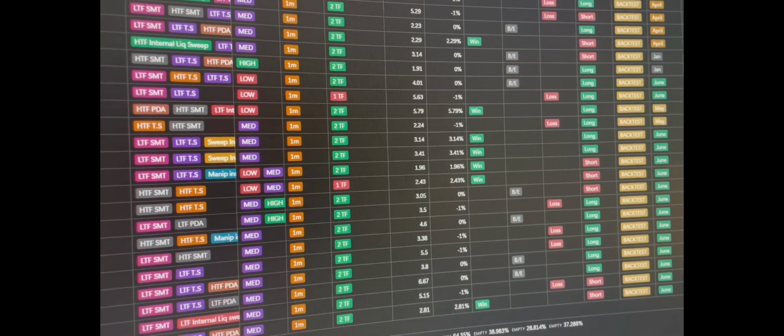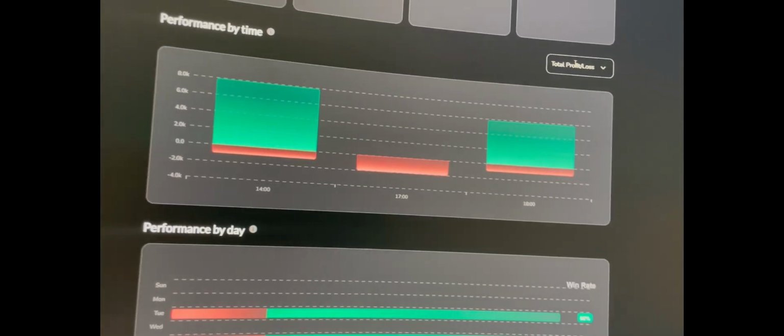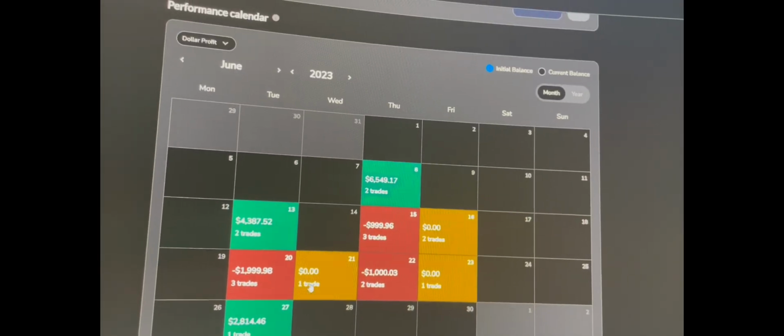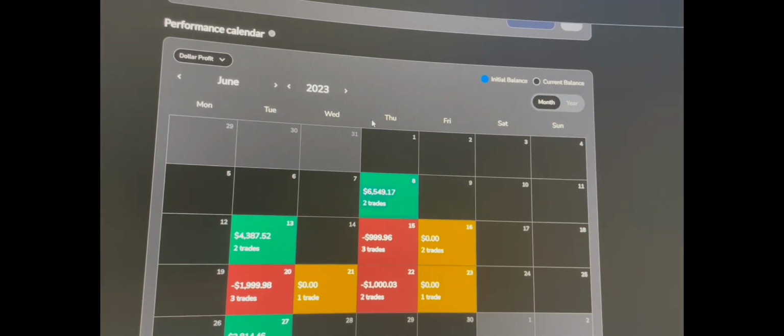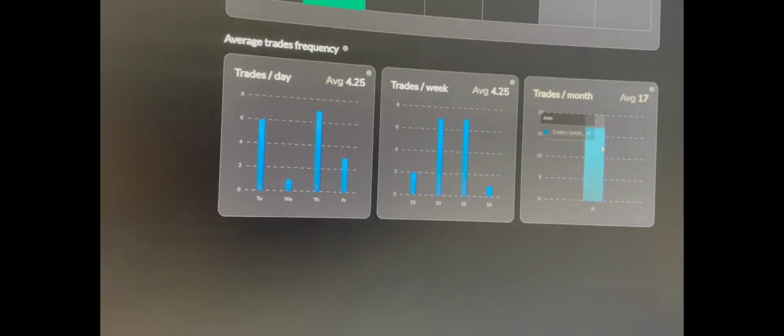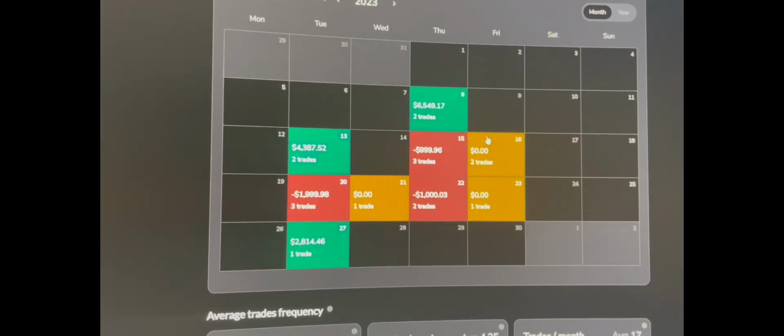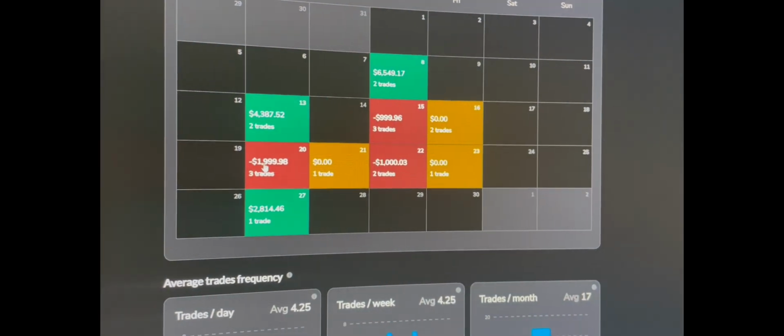I'm starting to get a little more info on my backtests and everything. As you can see, performance by day. Yeah, I've taken no trades on Mondays. Yeah, maybe. And 1 break-even on Wednesday and 2 break-evens on Friday. So Tuesdays and Thursdays are my highest performing days so far, but only 17 trades, so it's hard to say. But yeah, this was a bad day, low probability day.